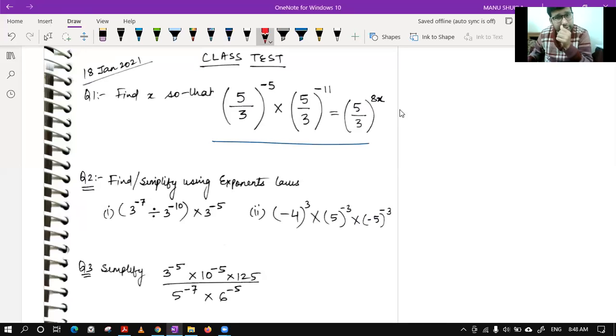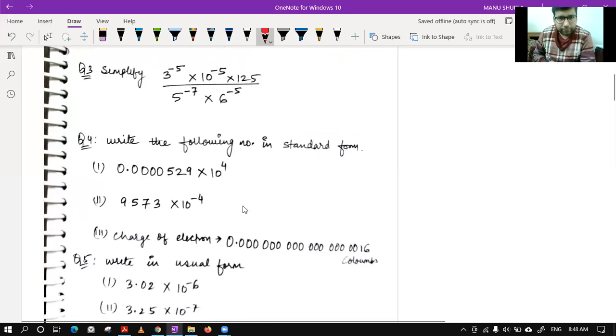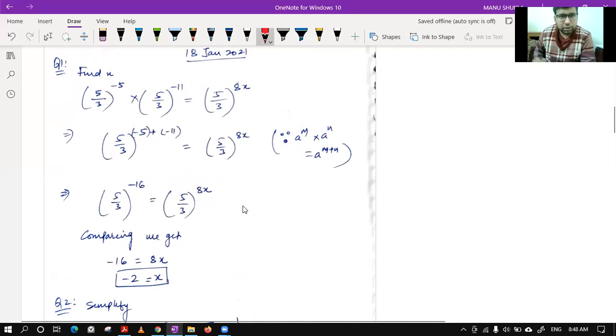Okay. So, in this case, it was very obvious that you can see the bases are same. So, you could have directly used the laws of exponents and found that answer yesterday. So, let's see the first question like this. We have seen they are same bases. So what we have done is we have just added the powers. Because the powers are negative, you have to be very careful while adding them. Better if you keep them in bracket for proper understanding. Okay, and in the next step only I found that they will be added and become minus 16.